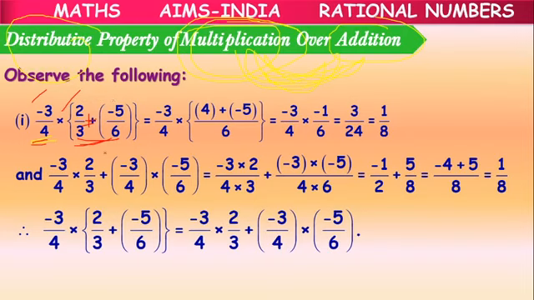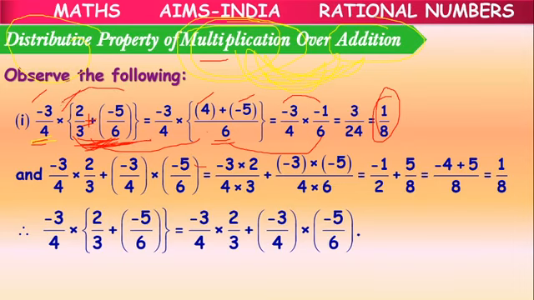Now this second and third are simplified. Their LCM is 6. 3 and 6 LCM is 6. 2 times are 6. 2 2s are 4. 6, 1 is 6, 1 into minus 5. It is simplified as minus 1 by 6. Now multiplied with first one, we got the answer 1 by 8. Means when second and third rational number sum is multiplied with the first one, we got 1 by 8.